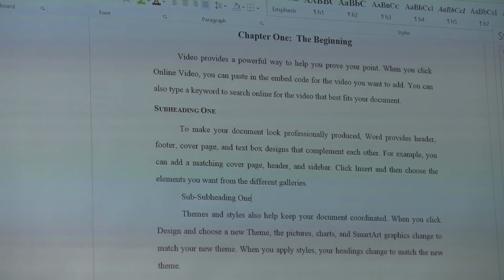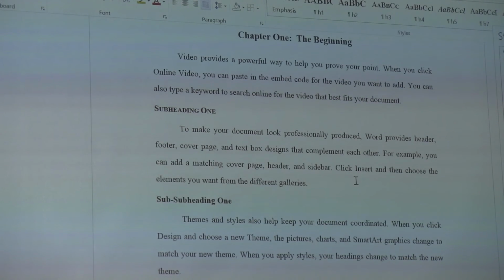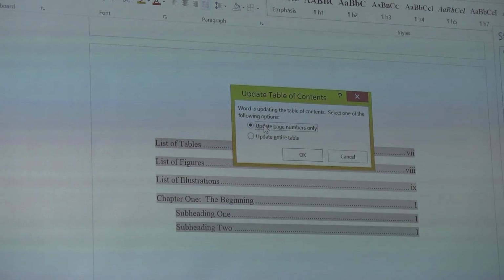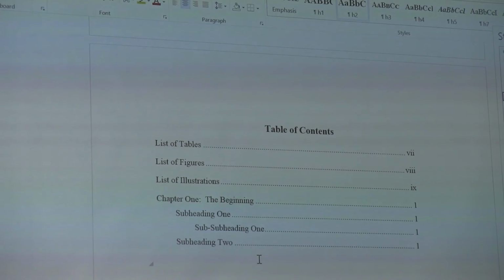So the regular subheadings are heading 3. So a subheading would be a heading 4. So we'll select it, look for heading 4. Now it's in that style, looks a little bit different. If you come back to the table of contents, right-click on it, update field, and after the first time you've updated it, you'll get this extra little choice. You can either update just the page numbers or update the entire thing. Usually you want to update the entire table, especially if you've added or removed an entry. So say update table and then OK. And now it sees our subheading that we added.